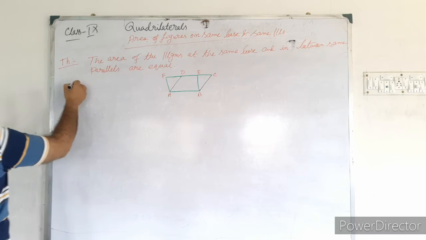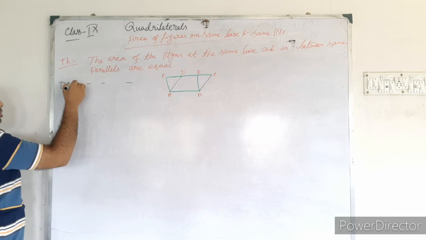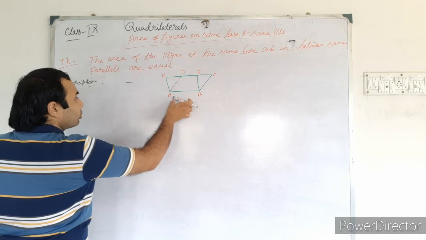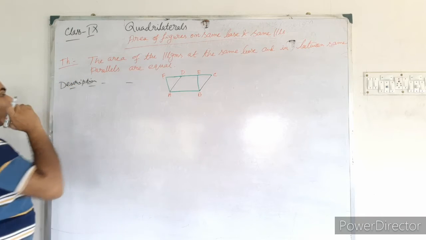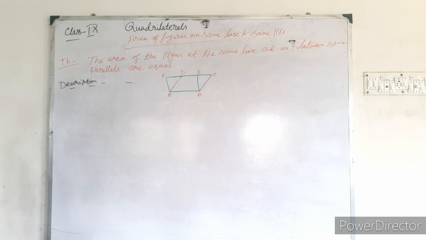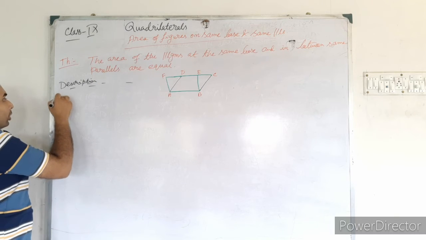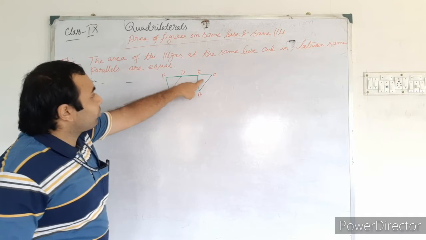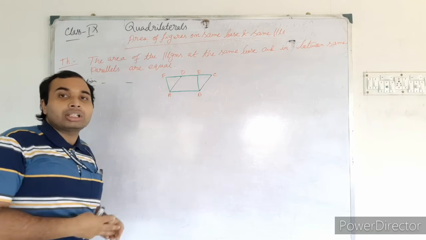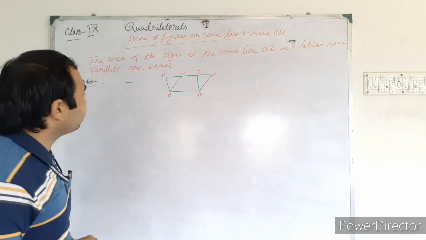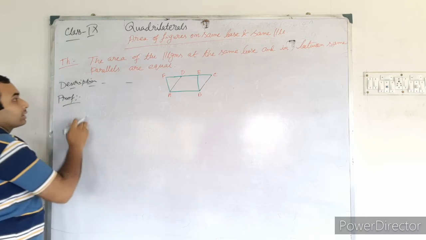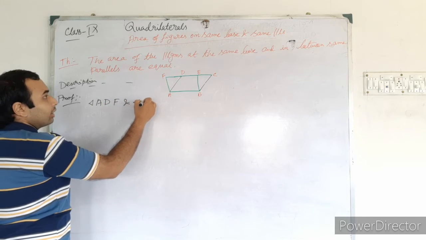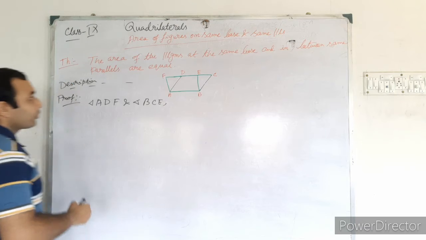So let us prove. You will give the description here; I am not writing it here. The description is needed: let us take two parallelograms ABCD and ABEF at the same base, like that. You will continue that. Let us come to the proof. For the proof, just see, two triangles are being formed here. We will deal with the triangles first, after that the area will come. So first, triangle ADF and triangle BCE.